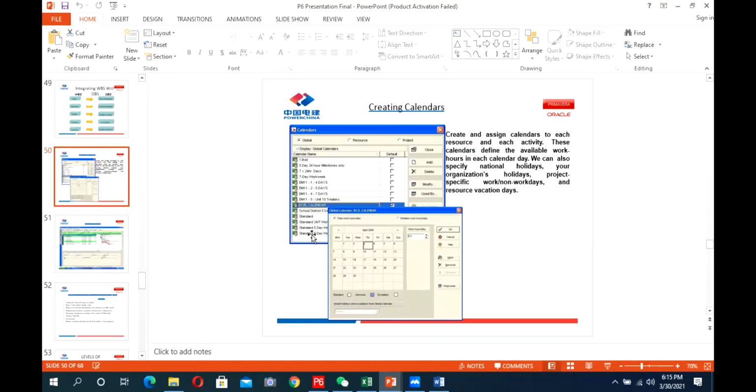So we discussed it yesterday that in the calendars we have this option to specify work non-work days as per our public holidays or some organizational holidays. Even we discussed one case that if in some areas we have a lot of rain and in 4 or 5 months we can only work up to 4 hours, how we will do it? So we define a rain calendar for that and we decrease the available hours per day to 4. And we will assign that calendar to the activities which are affected by rain months. So every activity needs a calendar and it will schedule the activity as per the assigned calendar.